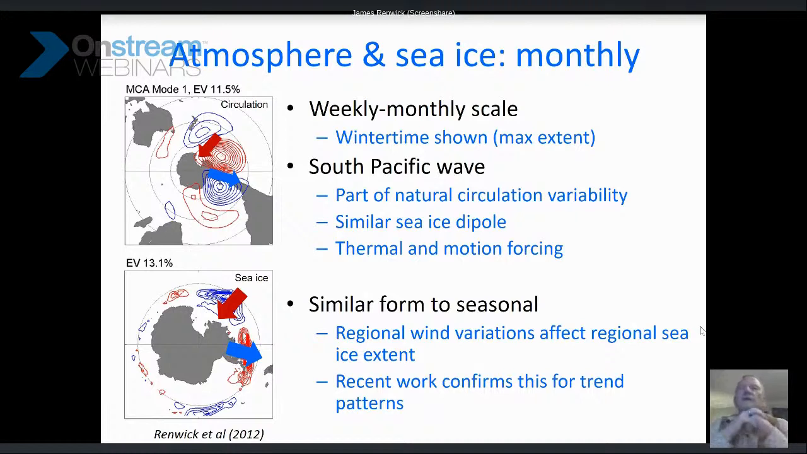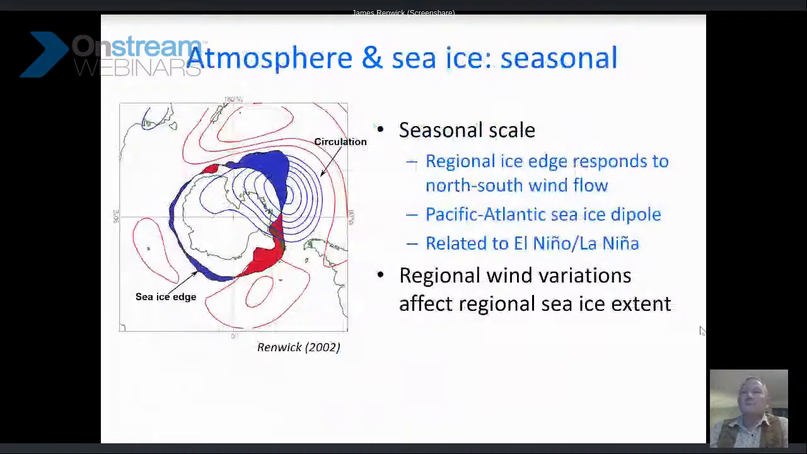The average location of the highs and lows, or what the winds are doing around Antarctica, does imprint very strongly on the average extent of the sea ice. And this appears to explain a lot of what goes on in the atmospheric circulation and in the sea ice field over the last several decades. So just to go to the seasonal timescale from an earlier paper,